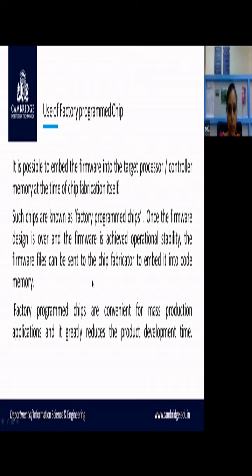See, whenever you go for washing machines or microwave ovens, the firmware is not going to differ. Once you develop the particular firmware for that particular microwave oven model or washing machine model, it is set. You need not change that particular firmware. So it is used for mass production. At the factory level itself, you are going to program the chip, and then you are going to embed that in that particular embedded system. That kind of technique, we call use of factory programmed chip.